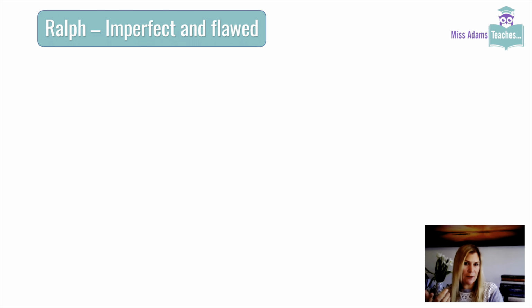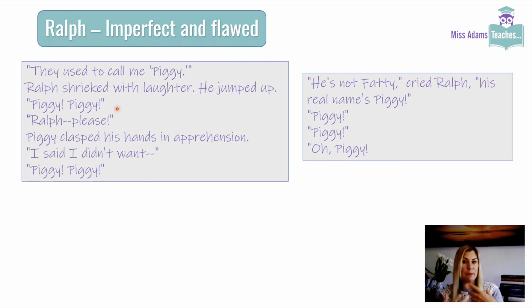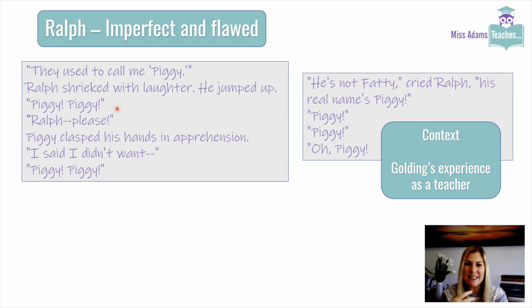But like I said, Ralph is imperfect and flawed, and he's imperfect and flawed from the beginning. If you look at the way that he behaves around Piggy, his response when Piggy confides in him what his name is, you can see from the exclamatives the mocking tone. And then you've got this early betrayal of Piggy when, after Piggy has begged him not to tell anyone, he then tells Jack and the rest of the group, which means that Piggy suffers the whole en masse derision. And this is a fairly standard imperfection, a thoughtlessness of a young person.